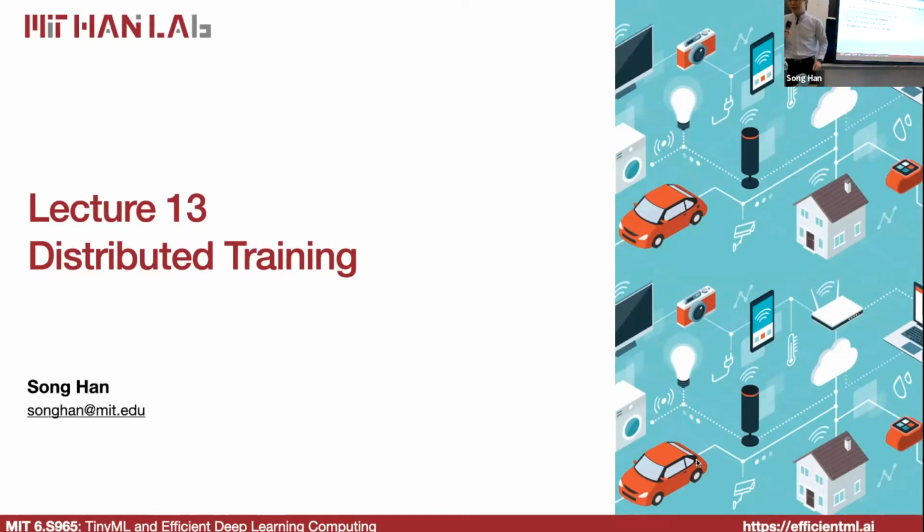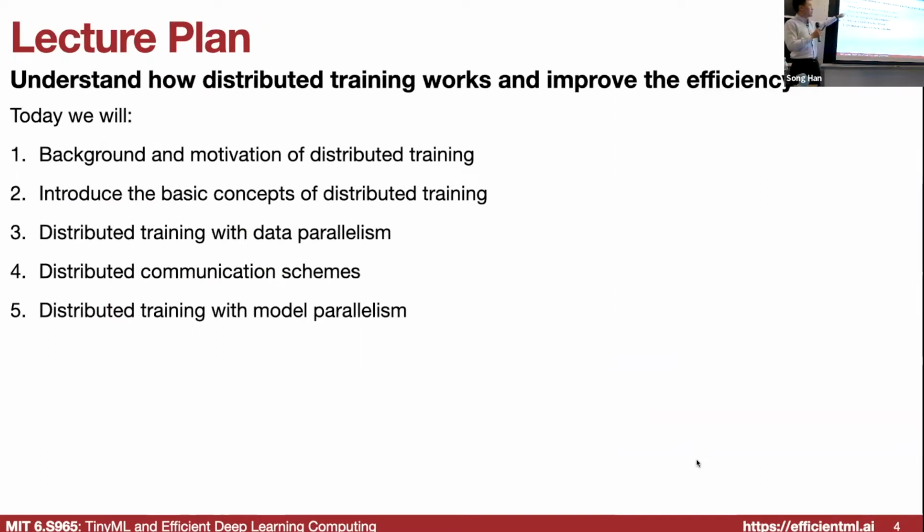Okay. So in this lecture, we will talk about the following aspects. What is the background and motivation for distributed training? Okay, and we will introduce two concepts. One is data parallelism: how do we parallelize to use more GPUs to train faster? The other is model parallelism. We either divide the data or divide the model. And we will talk about several distributed communication schemes, okay, to enable a more efficient communication across